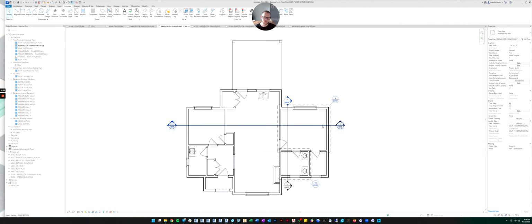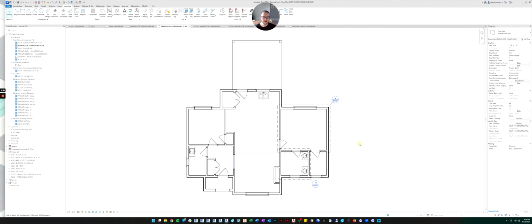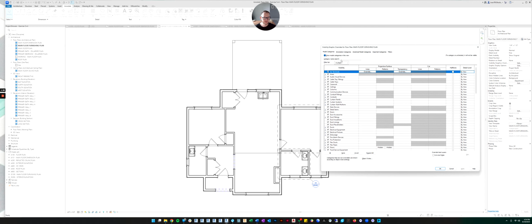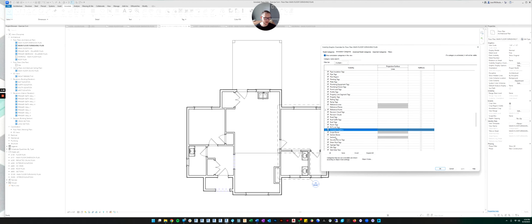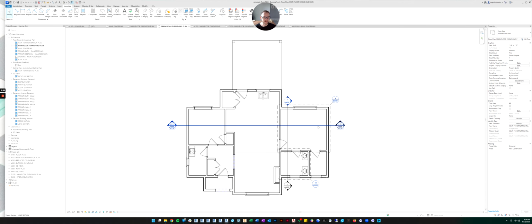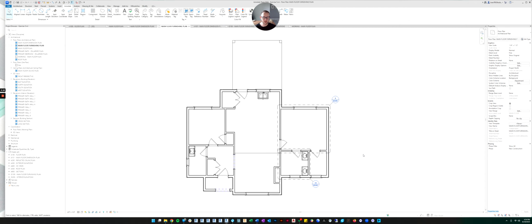So I'm just going to right click on this and hide in view, and I'm going to hide the category. That does the same thing as if I was to open up the visibility graphics and go to the annotations category. If I look at sections, do you see how it just deselected the box? I could have done it that way, but it's faster to just right click, hide in view, and hide the whole category.